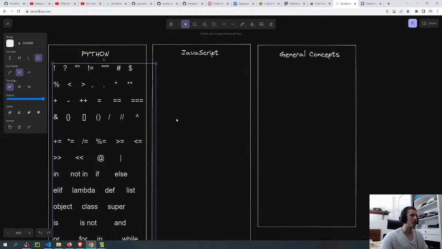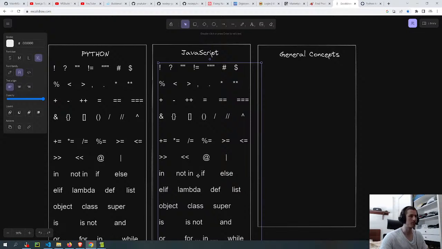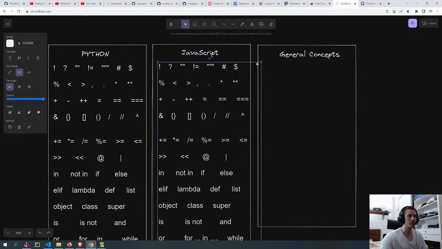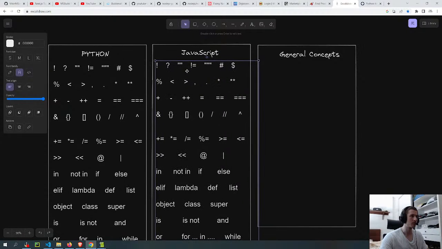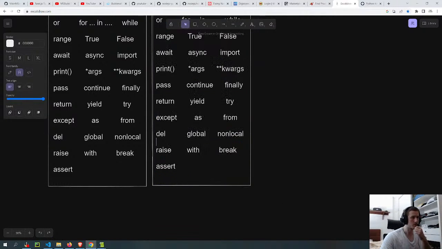And I think I'm gonna copy this here because most of them are gonna be the same. And the only thing that I'm gonna do differently is change the ones that are not the same.